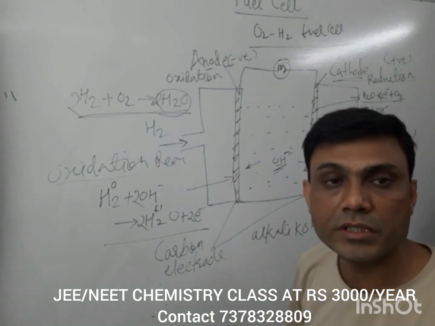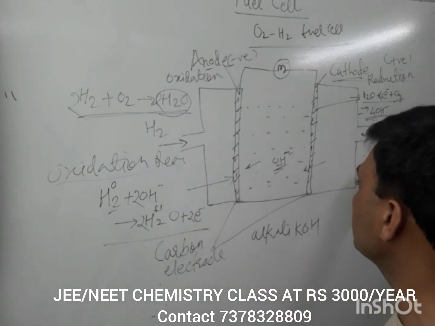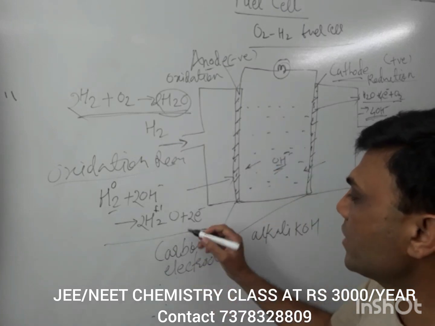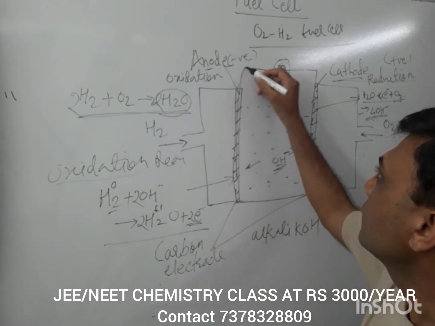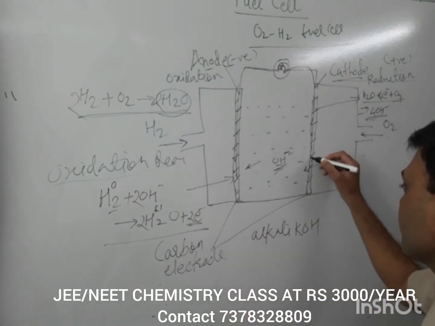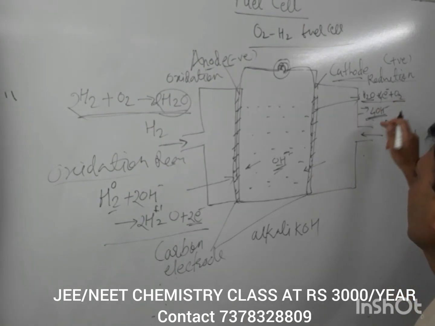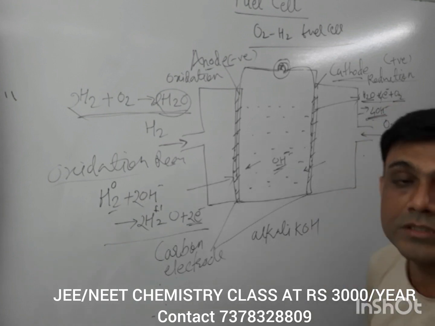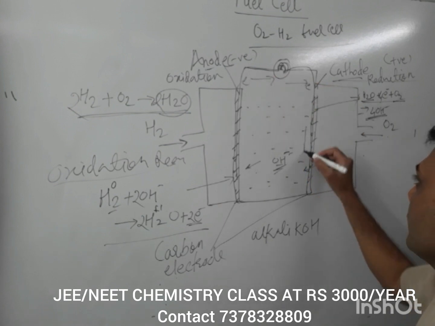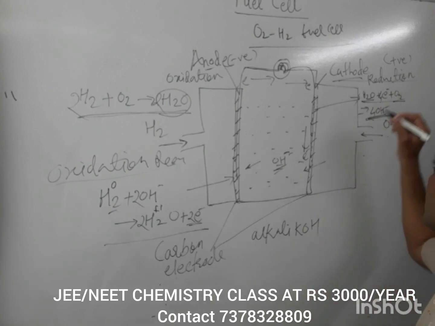This fuel cell is used in a spacecraft where astronauts are working. Thereby using hydrogen and oxygen they are generating water and electricity both. Now when the electrons generated at the anode pass from here, there will be the glow of light and these electrons will go here. And this electron will be consumed by oxygen and water to form 4 OH negative ions. So this electron will go from here to here and it is getting consumed by the oxygen and water in formation of OH negative ions.